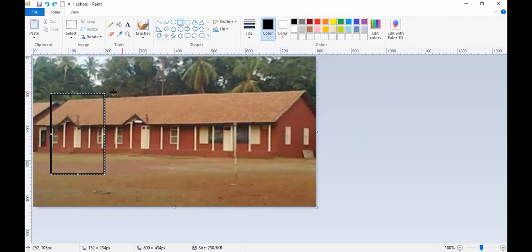If I want to find the coordinates of the rectangle, then always keep in your mind... I'm just making a setting, just a minute.